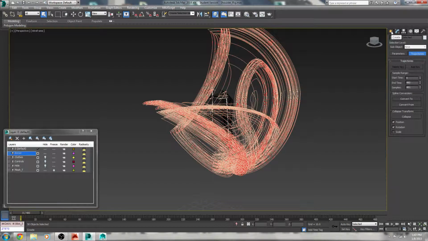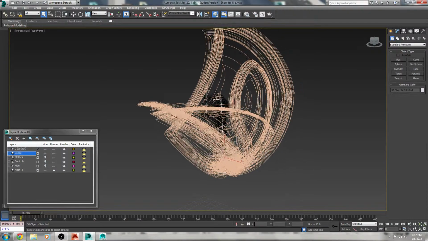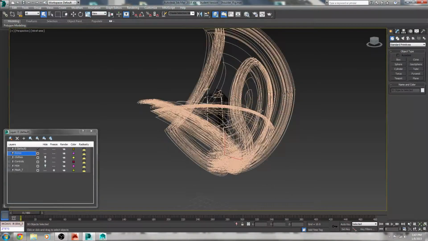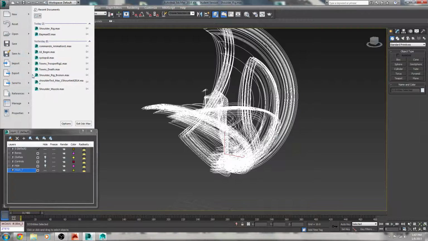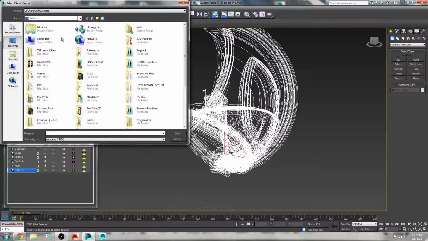We'll want to go back to the Create tab now so that our trajectories will not keep auto updating, and then we'll want to unfreeze our mesh layer. We then want to select our mesh, our spline, as well as all the bones that we use for the trajectories, and we'll want to go to File, Export, Selected, and then we'll want to give this a file name,